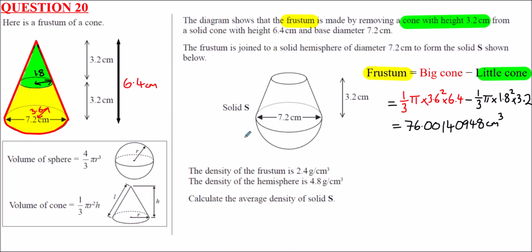We're also told that the density of a frustum is 2.4 grams per cubic centimetre. So this relates to a formula we need to know for density, mass and volume, which I'm just going to pop here. Okay, so DMV, in that order is how we need to write it. Density is mass divided by volume. So because we want to work out the mass, if we cover up mass, we've got density times volume. Therefore, the mass of a frustum